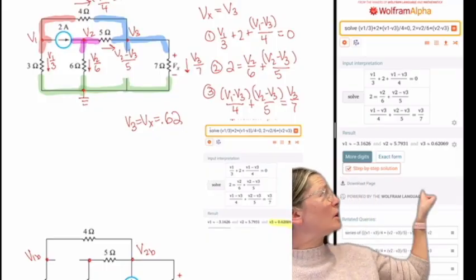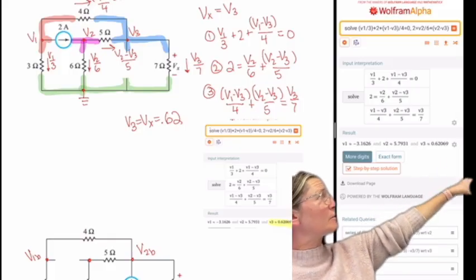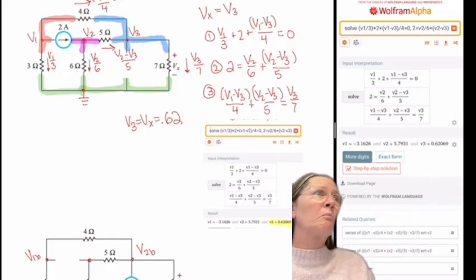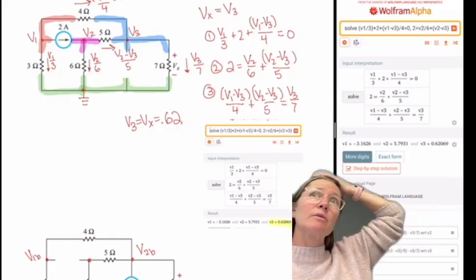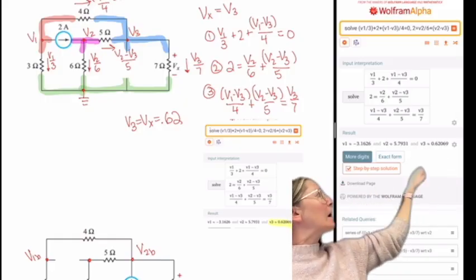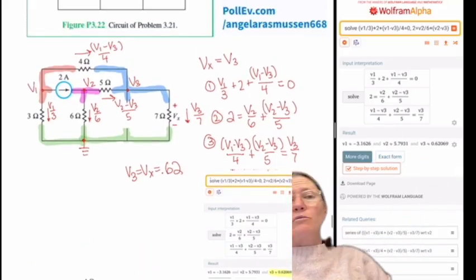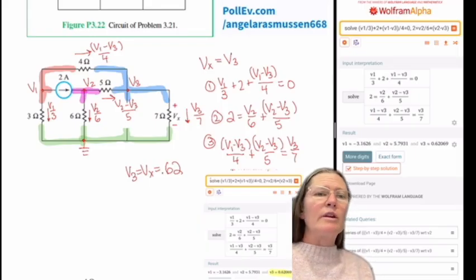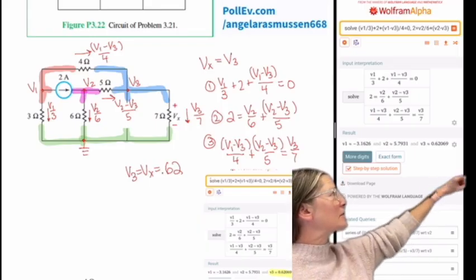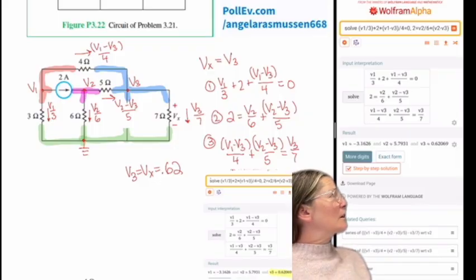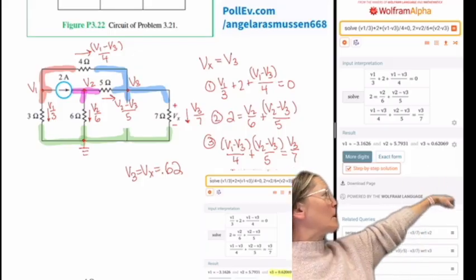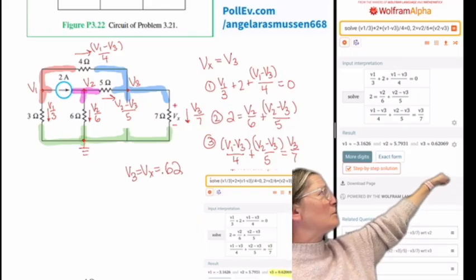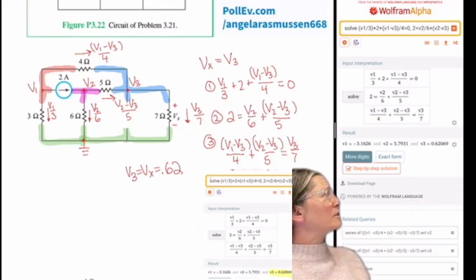So I solved that one by labeling V1, V2, V3, and defining ground at the bottom, and then writing the node voltage equations for each of those nodes, V1, V2, and V3. And I wrote next to each of the currents that I labeled what the current expression is in terms of V1, V2, and V3. And then the current going in equals current going out. So for the V1 node, it's V1 over 3 plus 2 plus V1 minus V3 over 4 equals 0, because all of those are